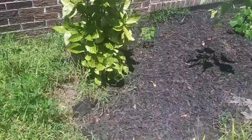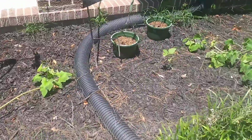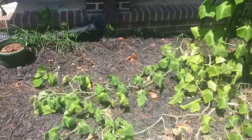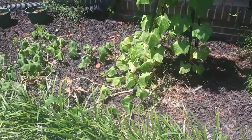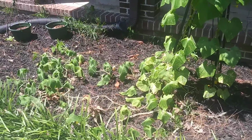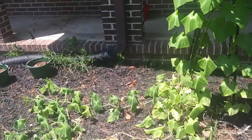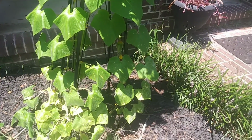Alright guys, so I am going to water, with hopes that these poor, pitiful, thirsty looking plants come back to life. It is the hot middle of the day, and you can see that there is a